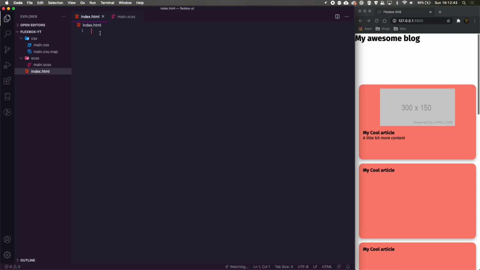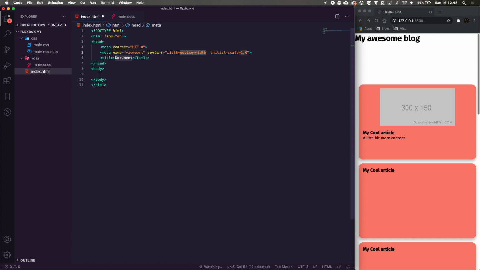So in our HTML, I'm going to do !tab, using VS Code's built-in Emmet, to get the boilerplate code. If you don't have Emmet, feel free to copy this out. So what we're going to do here is just say Flexbox grid, and then after this, we're just going to say link, and we're just going to say css/main.css, hit save, and then we need to open up index.html